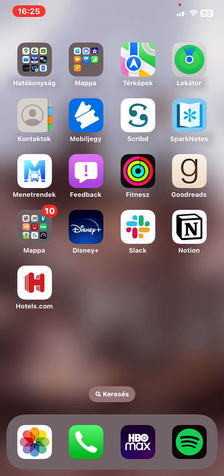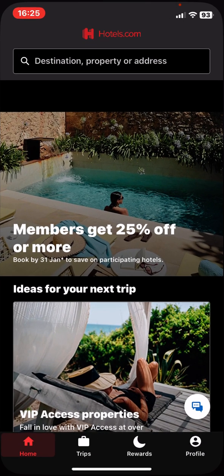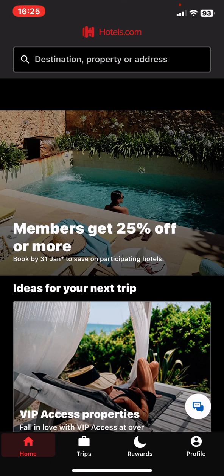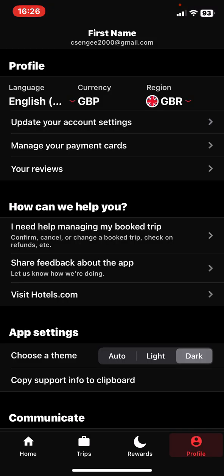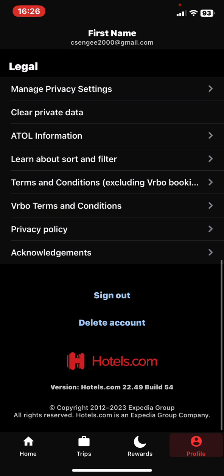Let's jump into it. First of all, open the application on your phone and then click on the profile button at the bottom of the page on the right. And if you scroll down at the very end, click on the delete account button,